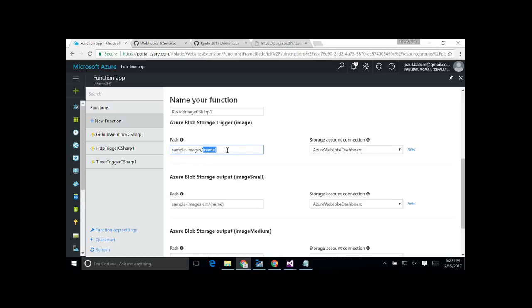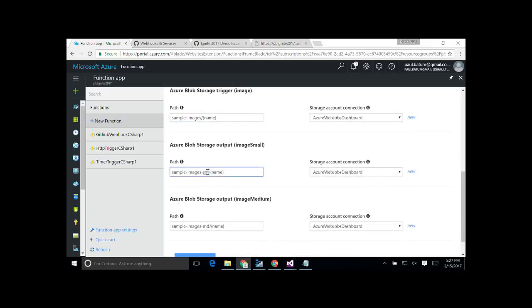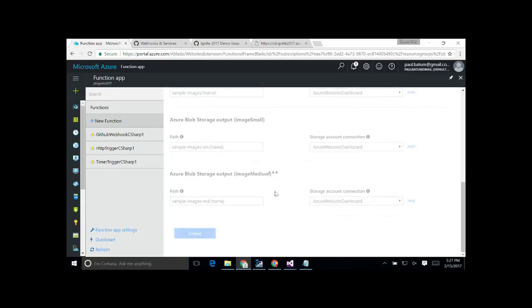And I want to capture the name of the file, and I want to use that in my output. I want my output to point to another container, but I want to use the same file name. So you can put these curly brackets around the bits of the data coming in so that you can reuse that data elsewhere. So I'm just going to leave all of this as is and